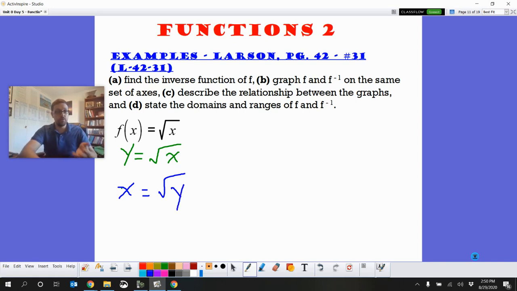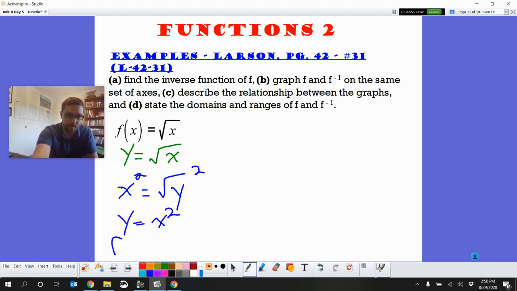So this is our new function, and this new function is the inverse function, and it's related to the original, so it has some properties that are carried over from the original. It's not going to follow all the normal rules, because in order to get it by itself, we got to square both sides, and so we get y equals x squared. So f inverse of x